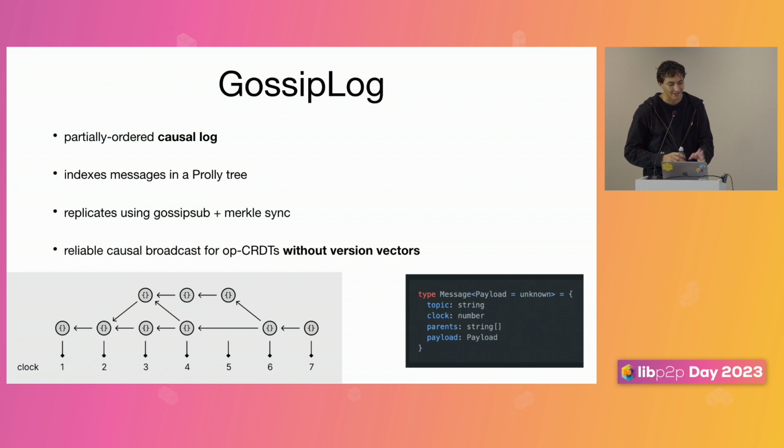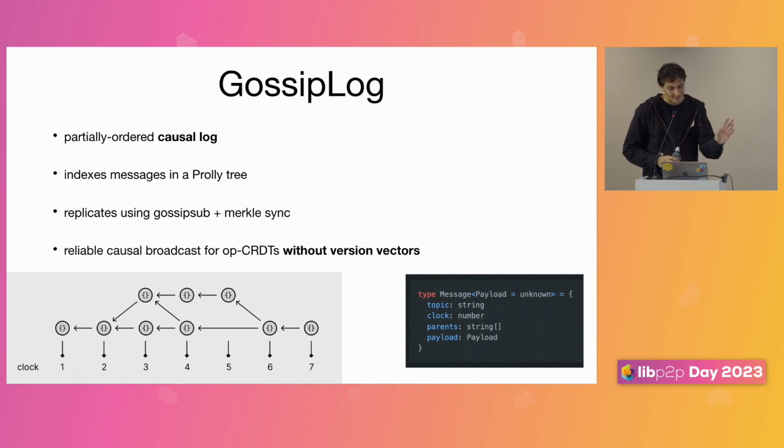So then once you have this clock, you can encode that as the first few bytes of the key that you use for the Prolly tree. I didn't get into this either. One of the big differences between Prolly trees and other similar indexes is that you can use arbitrary bytes for your keys. There are other data structures like a prefix tree that solve a similar problem, but you're constrained to using fixed size keys, and they only work if those keys have uniform distribution. So you can use it if your keys are hashes, but then you can't do range queries for your actual keys, right?